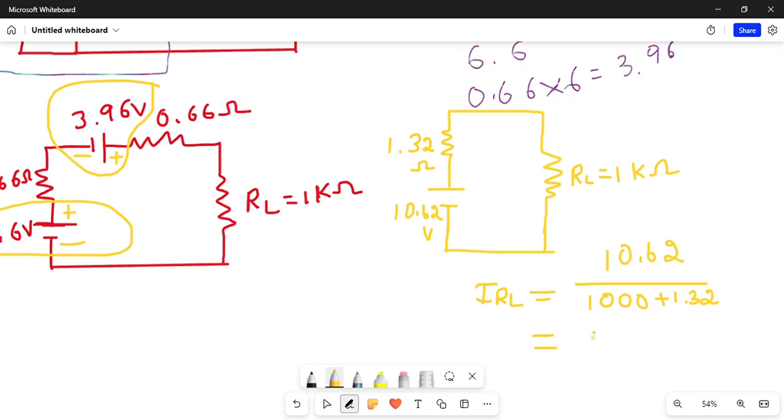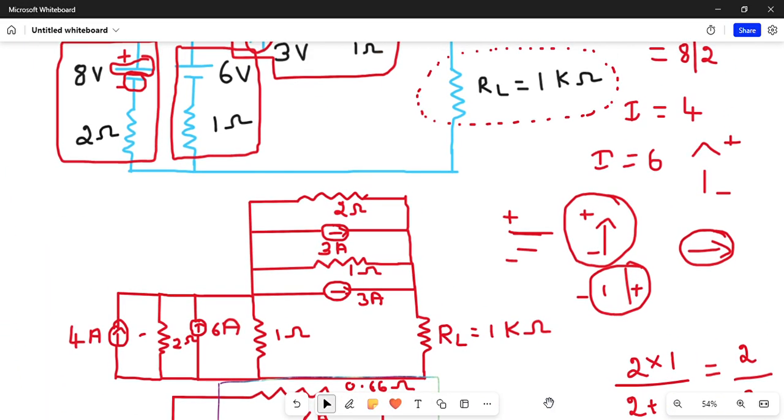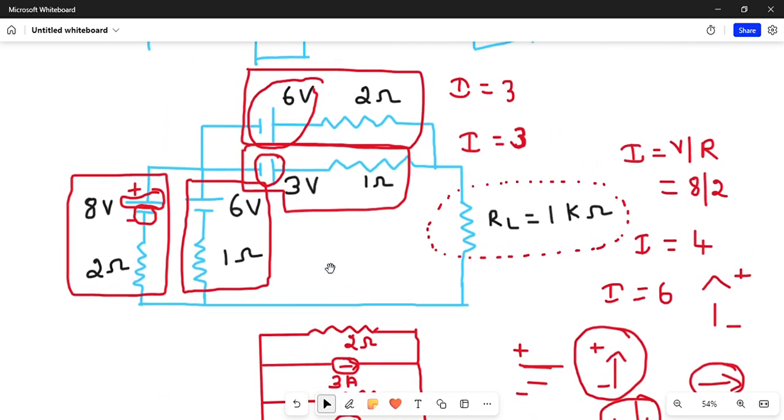You get 0.0106 ampere, or you get it as 10.6 milliampere. Right? So this is what you get as the resultant. So why do we have to do all this process now? Because in the question you can see that you had